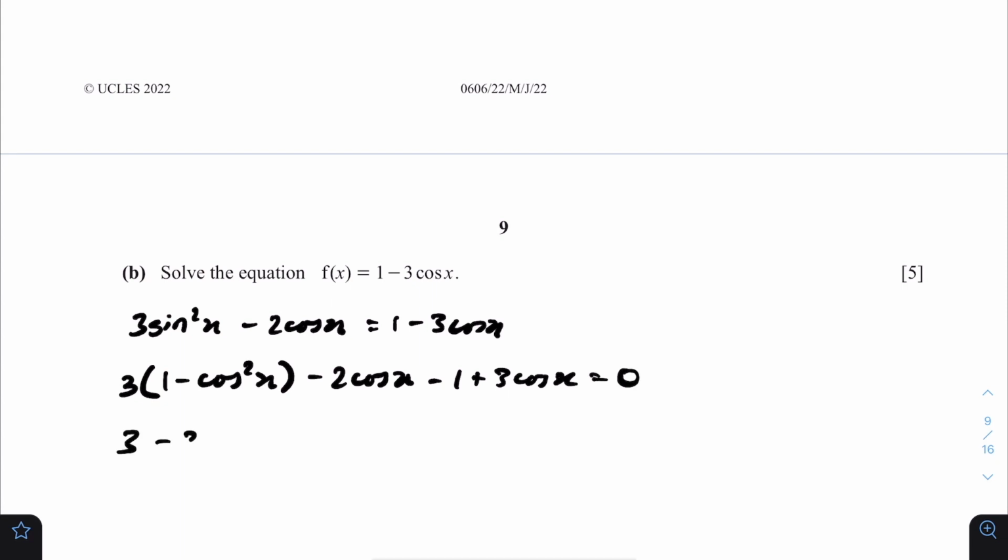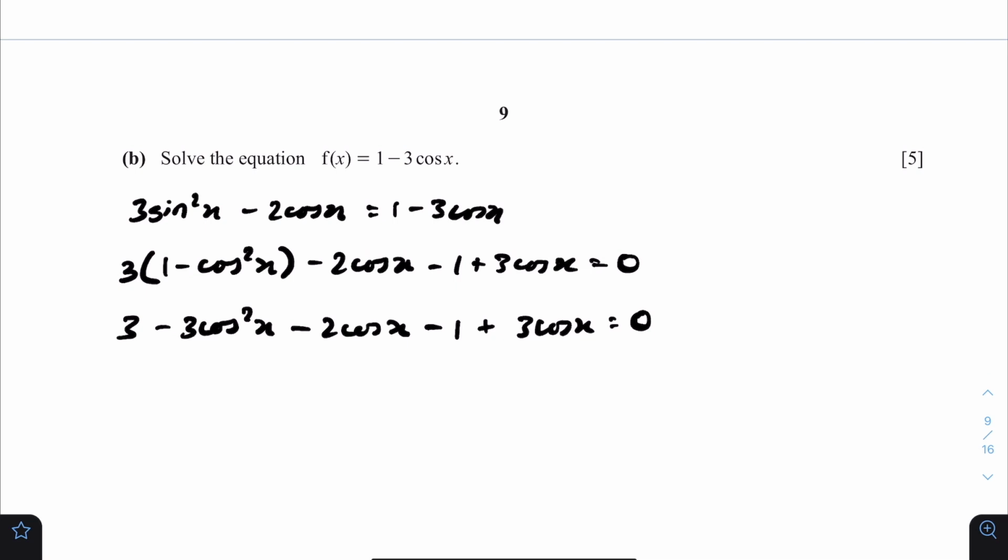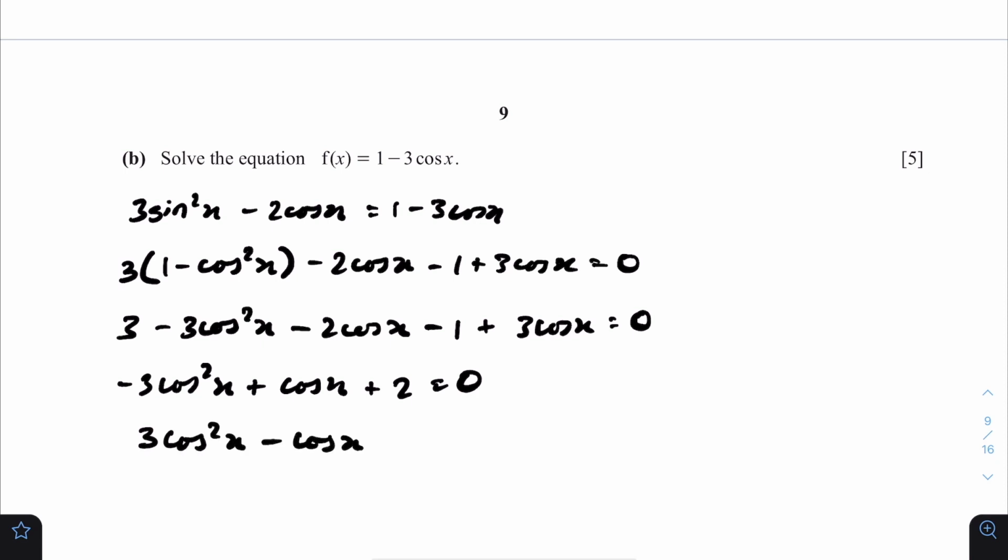So we get 3 minus 3 cos squared x minus 2 cos x minus 1 plus 3 cos x is equal to 0. Therefore, negative 3 cos squared x plus cos x plus 2 is equal to 0. I don't like the negative sign, so I'm going to change them all. I'm going to divide everything by negative 1 to get 3 cos squared x minus cos x minus 2